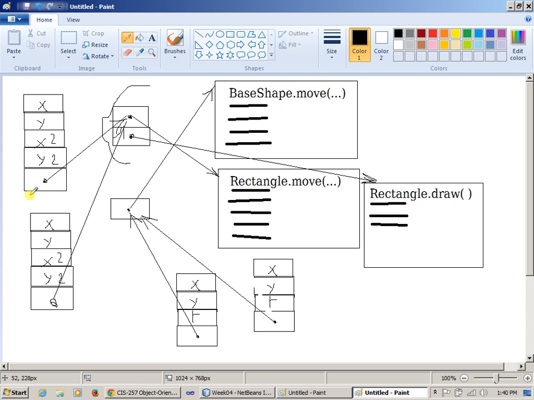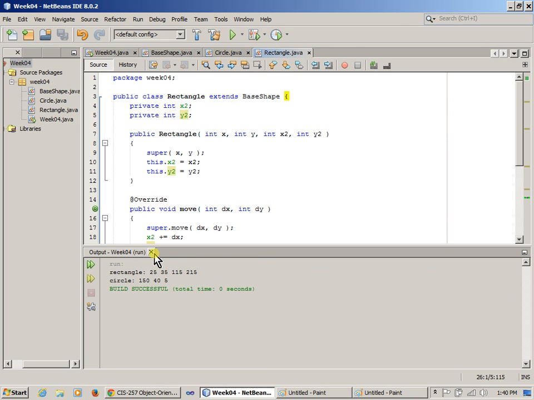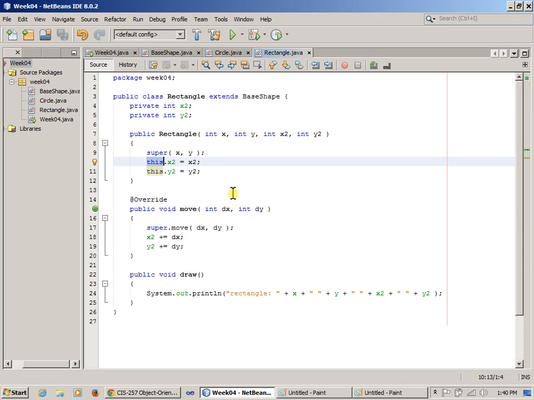So if I say object move, it goes over here and says, I know that move is in the first slot, and it finds move right here and calls move. If I say rectangle draw, it goes to the same table in memory and knows that the draw method is the second slot in this object and finds my rectangle draw. By the way, when I say hidden member here, in fact, it's not so hidden. Remember, when we work with our objects, internally we have access to something that says this. So this, of course, is a reference to